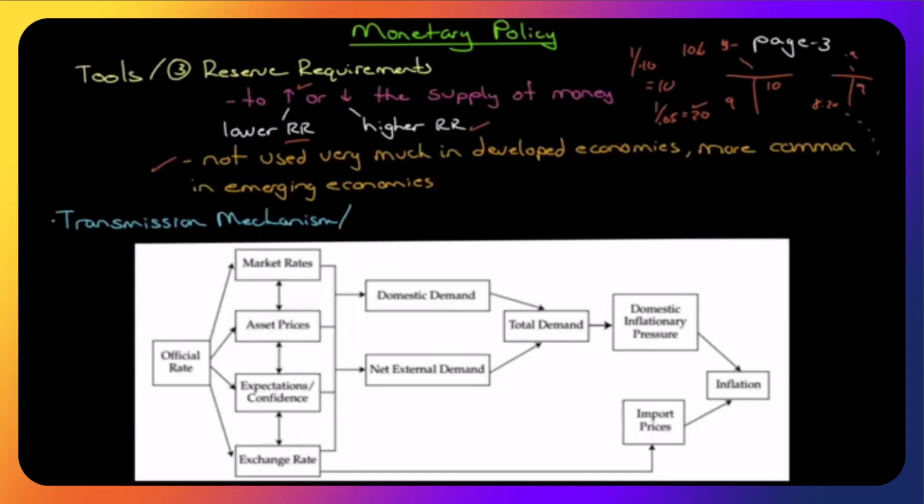Let's look at our transmission mechanism. Here is the official rate. How does the official rate affect inflation? How does it find its way through all that? There's the exchange rate here. There's inflation. Here are different prices. Here's total demand. Well, if you change the official target rate, if you have a yield curve that looks like